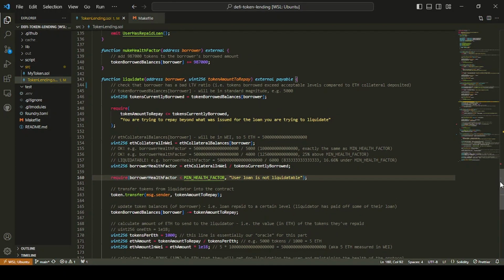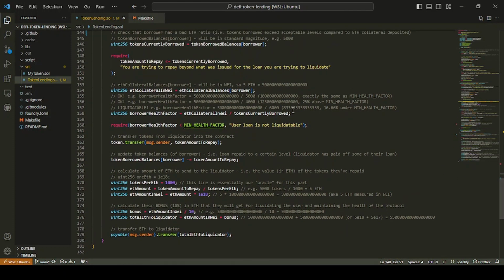So we've another function here, an external one. There's no security on it, anybody can call it, so obviously it's just for testing. Nuke health factor, pass in the borrower, and what it does is it instantly adds 987,000 tokens to the borrower balance. So that will bring their health factor right the way down, and they will then become liquidatable, because what will happen is their health factor will be something like